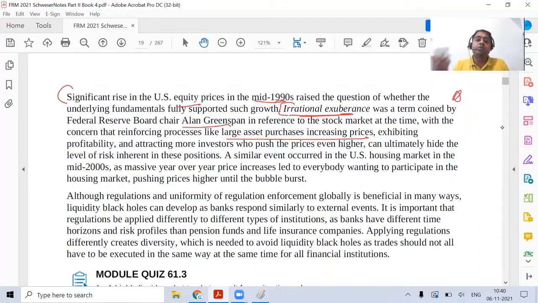Everybody feels that the asset is going high but for no reason. That is why it is exuberance, we are very happy. You feel that the market is going high, but there is no rationale behind that situation. Similarly it happened in the US housing market, where the prices were increasing over a period of years, and that bubble obviously burst during 2007-8. But there was no explicit economic logic for the increase in the housing price, and everybody wanted to participate in that. So this irrational exuberance as a logic you should remember. Read that entire paragraph.